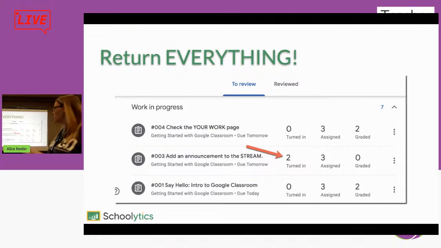To do for students and to review for us. Okay. And then they had it called Your Work at one point, and it was to do for both of them. Yeah. The worst thing about being a Google expert is every day you wake up and all your stuff is obsolete. So